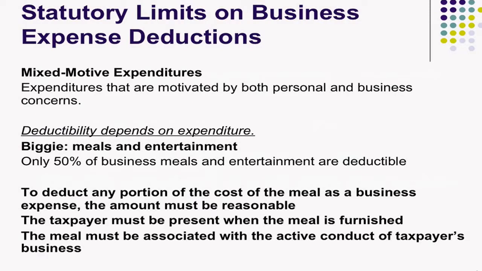And what these are, well, first of all, let's talk about the biggie. Meals. Meals and entertainment are the biggies. People in business take others to lunch. They entertain others all the time. And they want to take deductions for that. They want to expense those items. The corporation wants to expense those items because if you're using your corporation's credit card to pay for those, that's an expense for them.